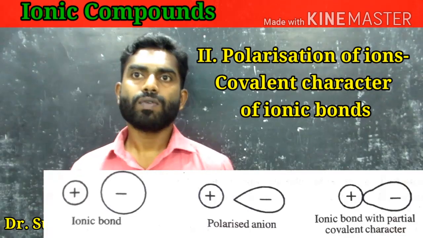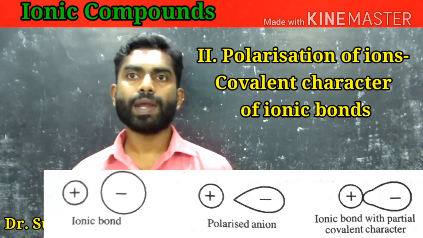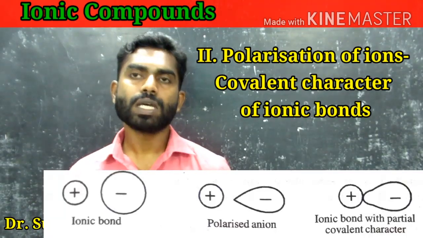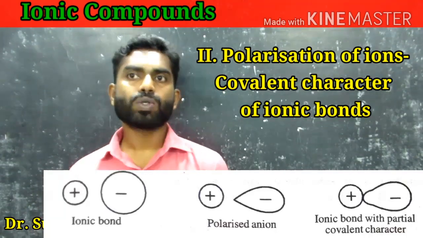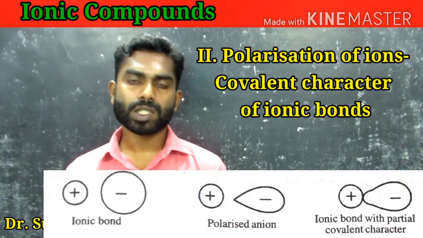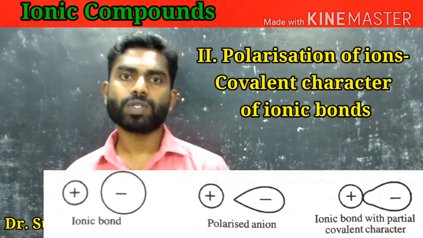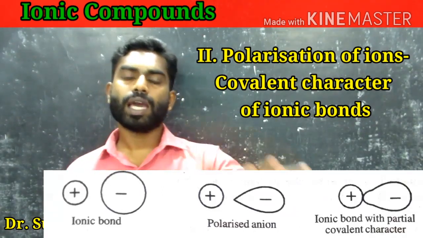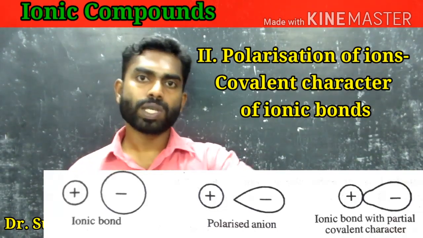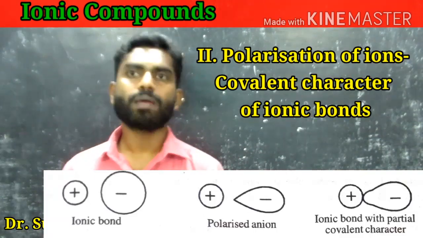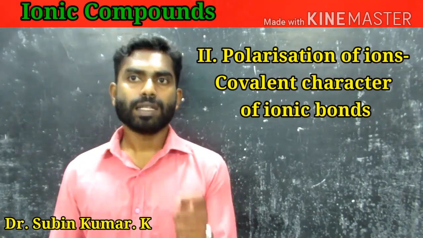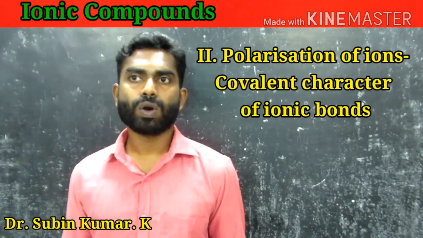This phenomenon in which a cation causes the deformation of an anion is called polarization of the anion. So what is the polarization of anions? The phenomenon in which a cation causes the deformation of an anion is called polarization of anions. Though there is a similar effect on the electron cloud of the cation by the anion,